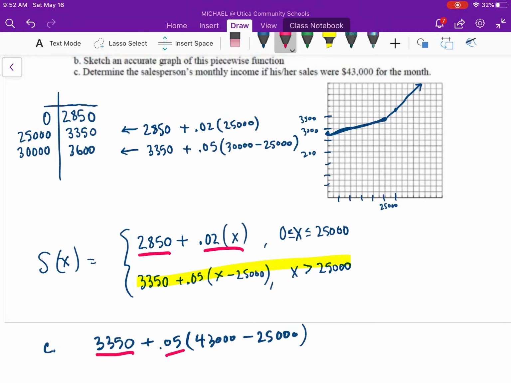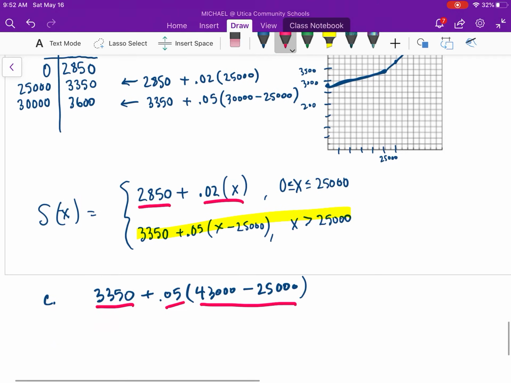So plus he gets 5% of anything more than 25,000. So on the calculator, because I cannot do that in my head, 43,000 minus 25,000 gives me 18,000. 5% of that is 900, and then 900 plus the original 3,350 gives me a total of 4,250. So that's how much money